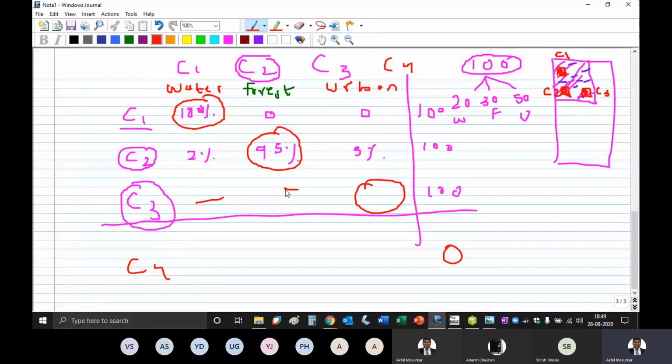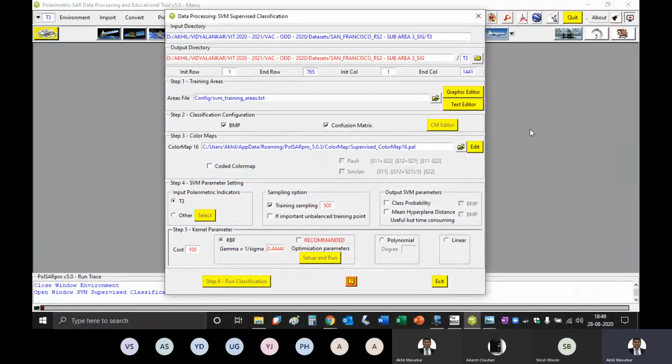So now we are going to give only 3 classes to the classifier just to see how the classification happens. So now I am going to open PolSAR Pro again, and telling PolSAR Pro in step number 2 that please generate the confusion matrix.